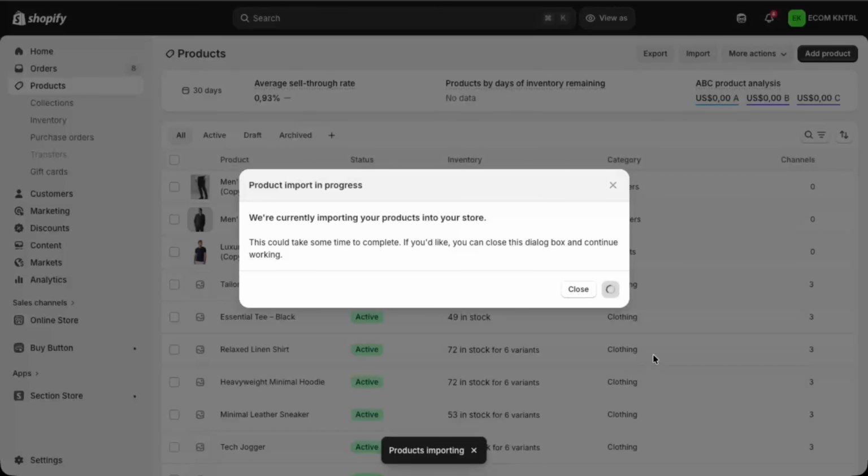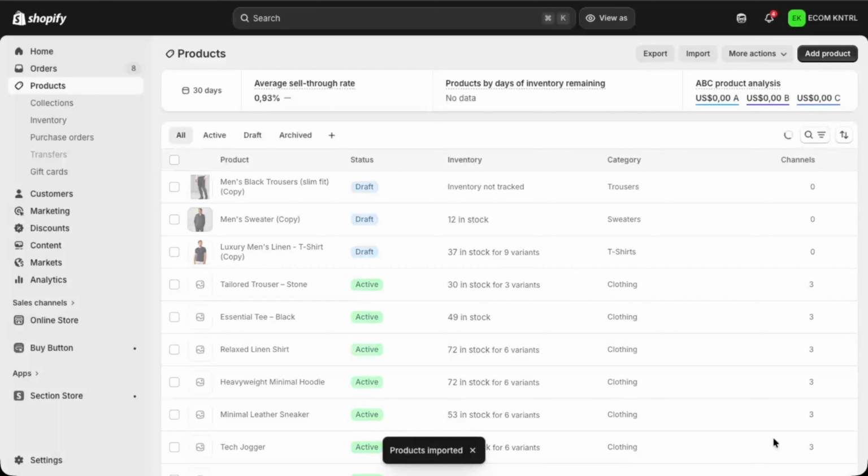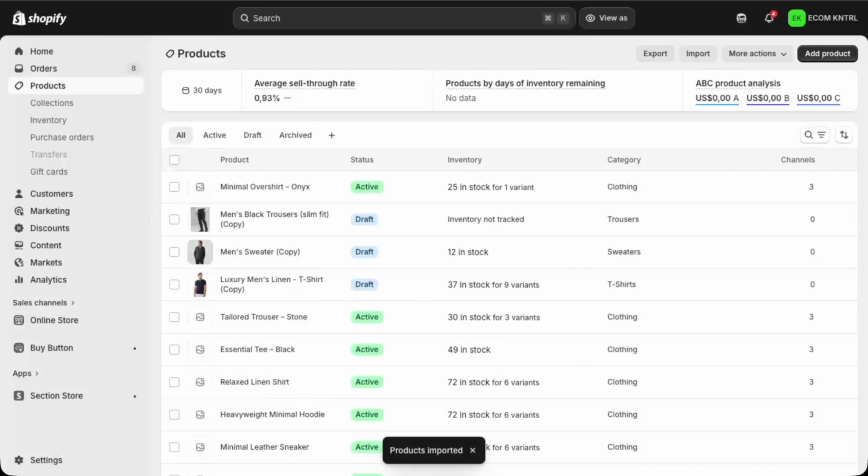Click on Import Products. Shopify will start bringing in all the products from your CSV. Depending on how many items you have, this can take a little time. When it's done, you'll see your new products listed on the products page, ready for you to organize into